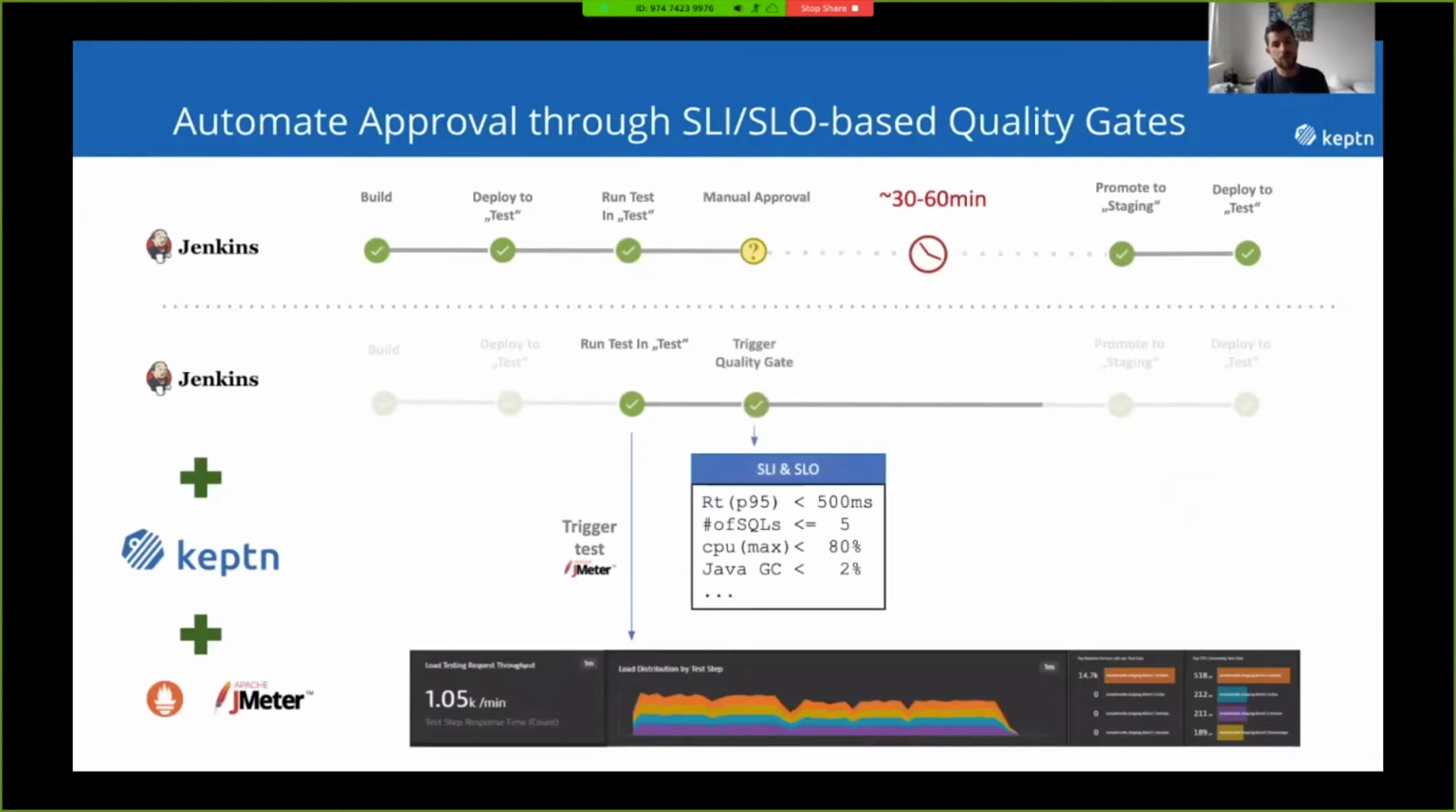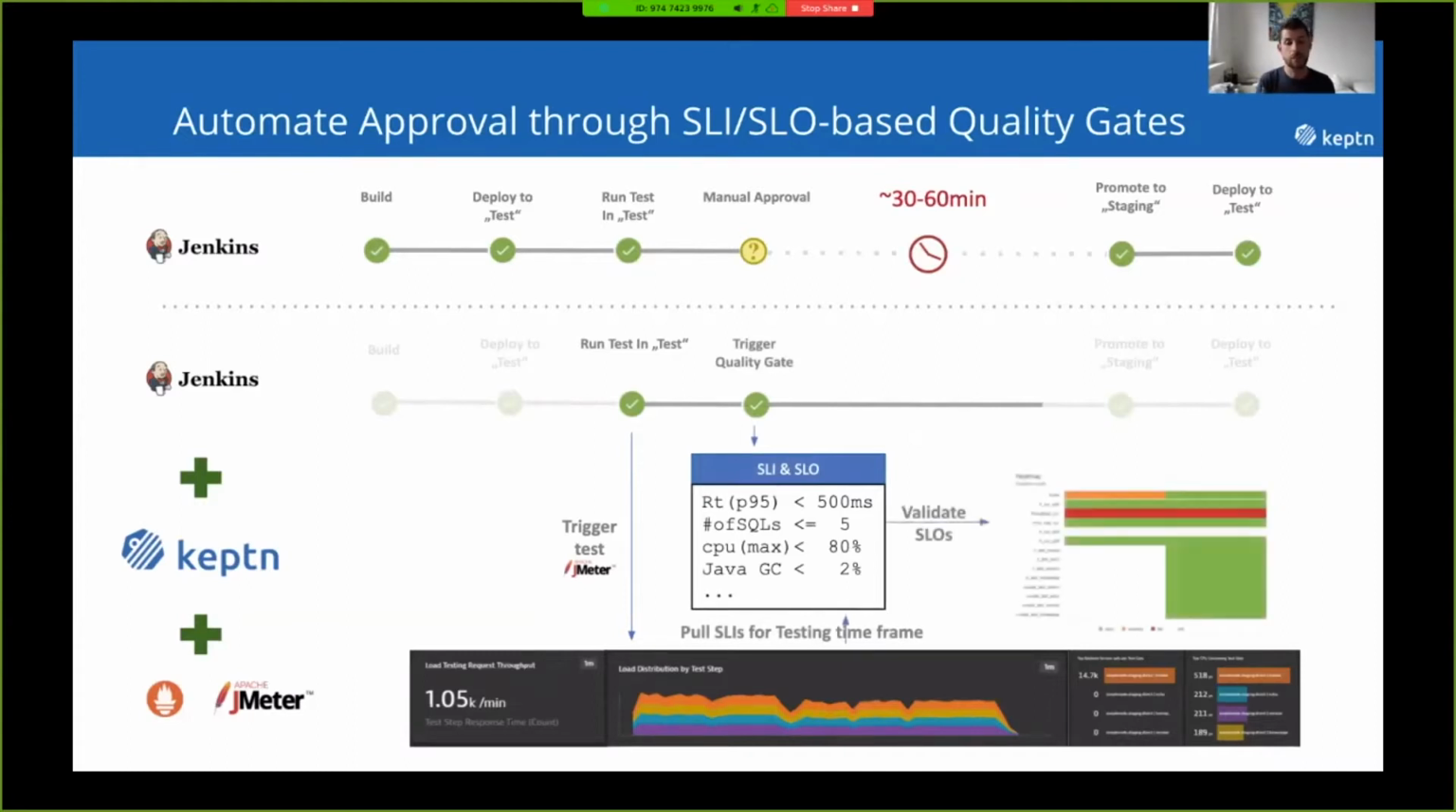So Captain will do a quality gate evaluation based on the data. It will fetch the data for the testing timeframe, and it will evaluate the data based on service level objectives. And after the evaluation, it will generate a total score, and based on the score, you can then decide if you want to push it to production, or if you want to just leave it there, or either roll it back, or just give an indication to your developers that this build was not successfully evaluated. So instead of having this manual approval process for 30 or 60 minutes,